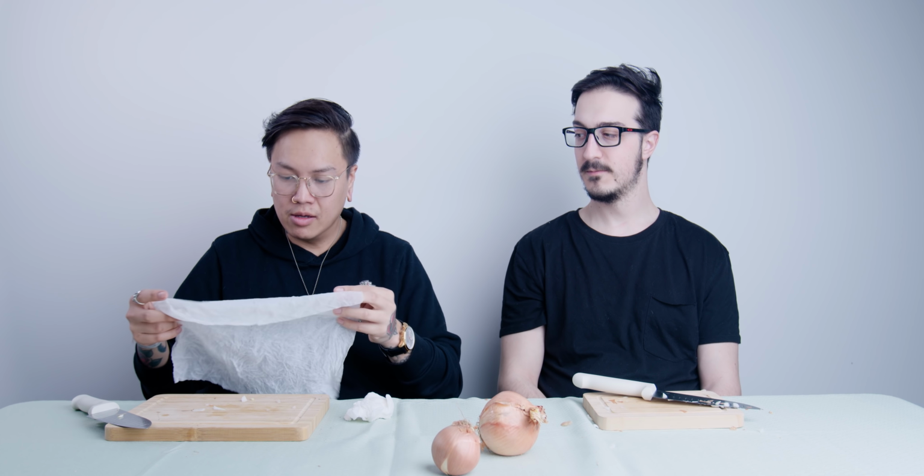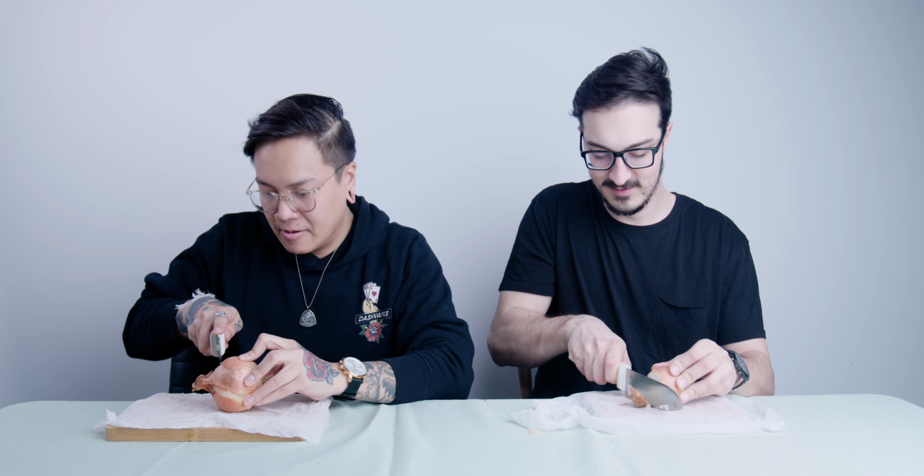I have some wet pieces of paper towel here. You're supposed to lay the paper towel on your cutting board because the gas within an onion is attracted to water. I've heard of this. Instead of going up into the air and into your eyes, paper towel is supposed to absorb it all. I have some pretty high hopes for this. A lot of people say it works, but